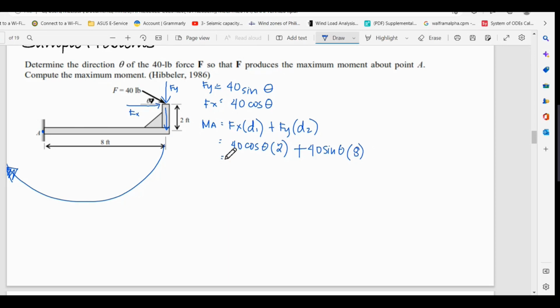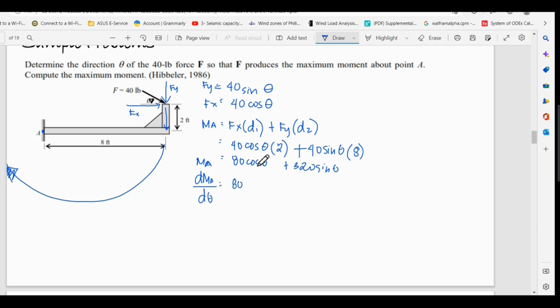Okay? So, simplify natin. We have here 80 cosine theta plus 320 sine of theta. So, ang sabi dito, find the maximum moment about point A. Maximum moment. Therefore, application na ngayon ng maxima, minima. So, we will have the derivative of our moment in terms of what? Theta. So, we have dM divided by d theta is equal to